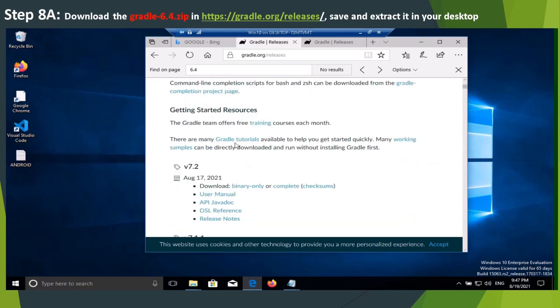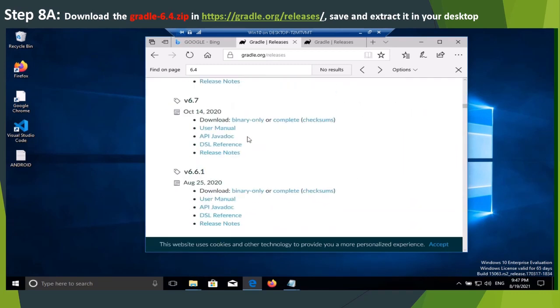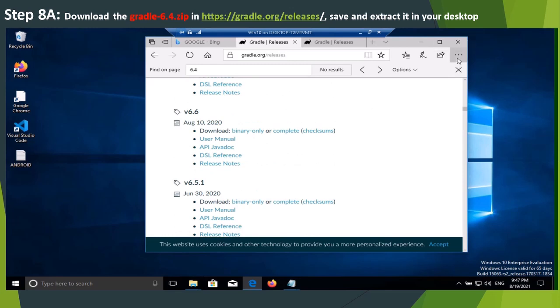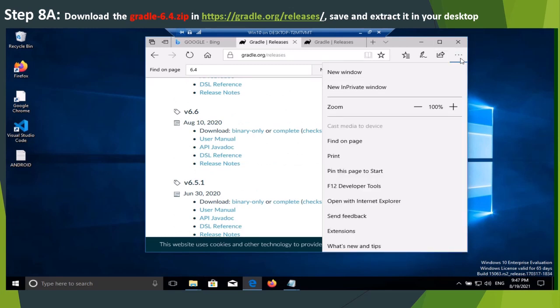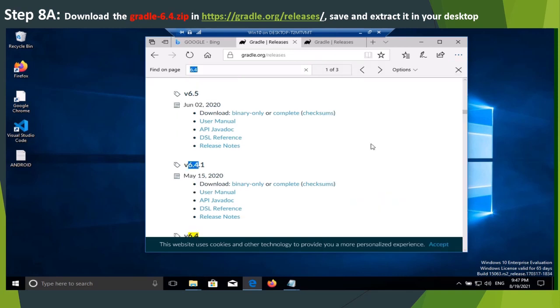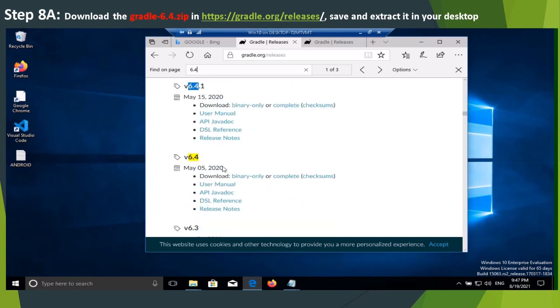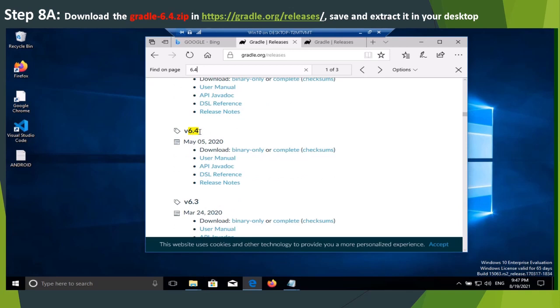And then when you go to the website, you can see there are plenty of files, but all you have to do is to click in the search of your browser, find on page, depending on the browser you have, but this one is Microsoft Edge. You try to find the equivalent and find this 6.4. Okay, and then you can see it was already searched, but this one is 6.4.1. Try to search this one, 6.4. Okay, and then click this complete,